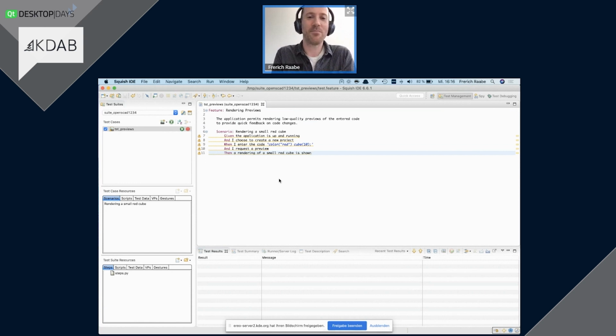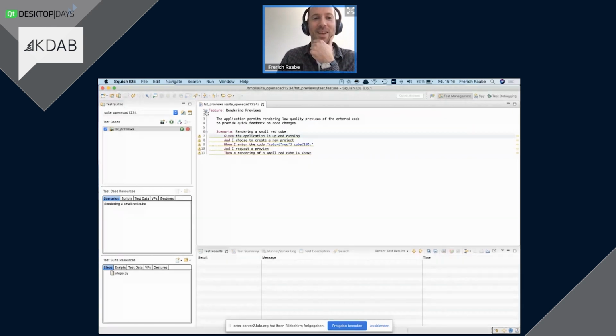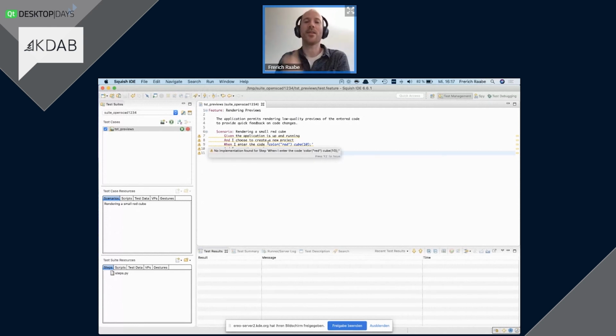And even though this mostly looks like English plain text, the fact that I can collapse these and that the lines have some yellow underlining shows that there's a certain structure to the document, and Squish understands this structure. All these yellow lines and the warning icons next to the line numbers mean that Squish cannot actually run this test just yet. All these steps are not implemented yet.